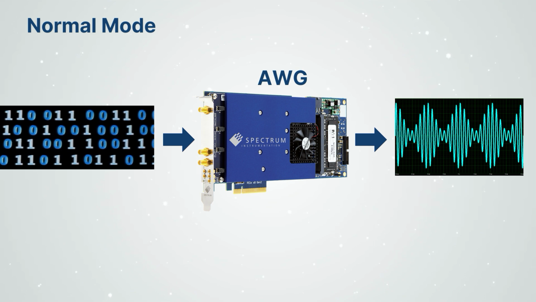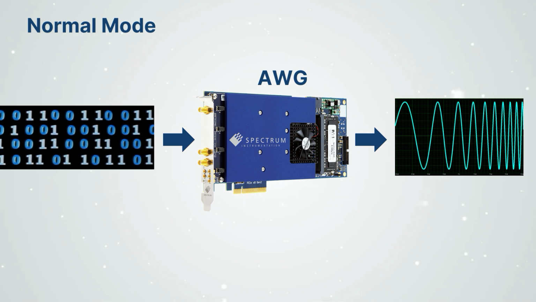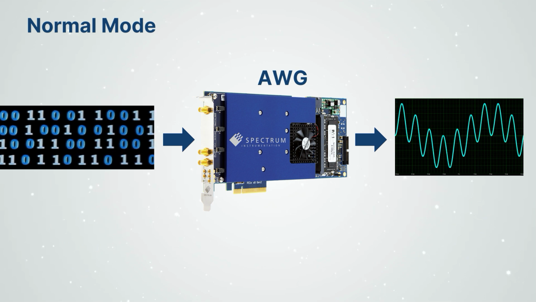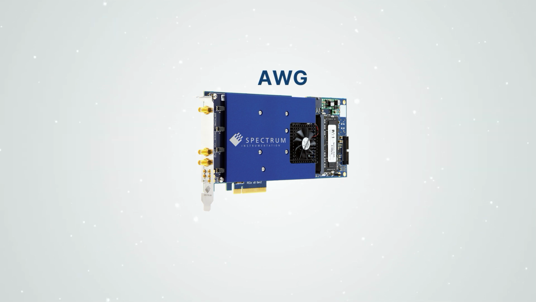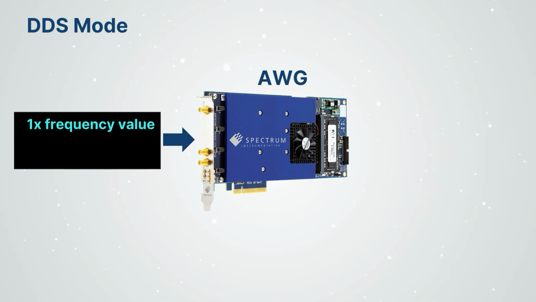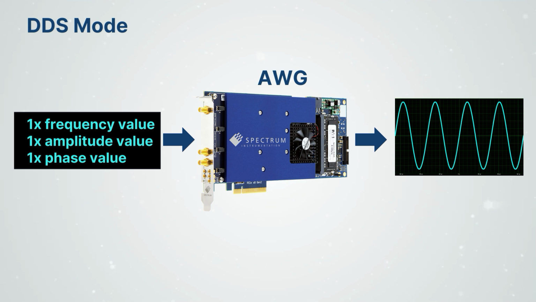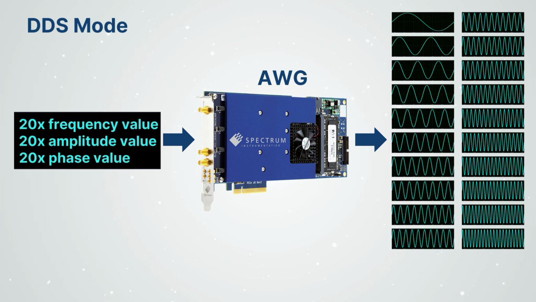But as one sample of data is needed for each output clock cycle, a massive stream of data is generally needed. If you just want to work with sine waveforms, the new DDS firmware option offers a much easier way. In DDS mode, you only have to set the desired frequency, amplitude and phase once to get a continuous sine wave output. New data is only necessary if you want to change the output signal. Up to 20 accumulated sine waves can be generated for one single AWG output. This means instead of needing gigabytes of AWG data, you only need a handful of DDS commands.